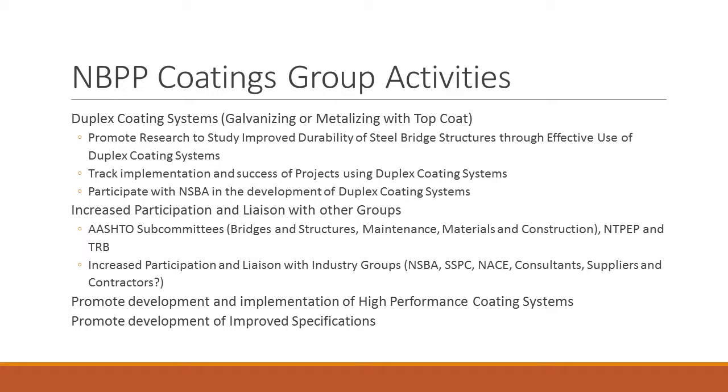And so what is this system anyway? It's the galvanizing and metallizing with a top coat. And if you have an existing bridge, what we've tried in Florida is we've gone in, we've blasted them clean, we've done our surface preparation, we put in metallizing, and then we put in a high-performance coating system on the top. The theory being that the top coat will take time to deteriorate, and then you'll still have the metallizing